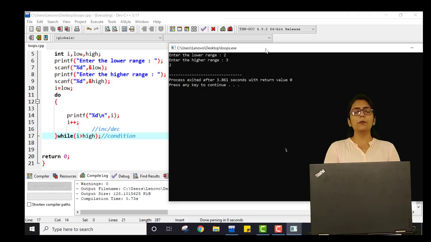For loop and while loop are examples of entry control loop, and do while loop is an example of exit control loop. But more or less these loops are the same. If you want to achieve some aim, then these loops will contribute similarly, so don't worry about that. Now I would like to show you the flow charts for each of these loops to make it more understandable. So let's go and see the flow chart.